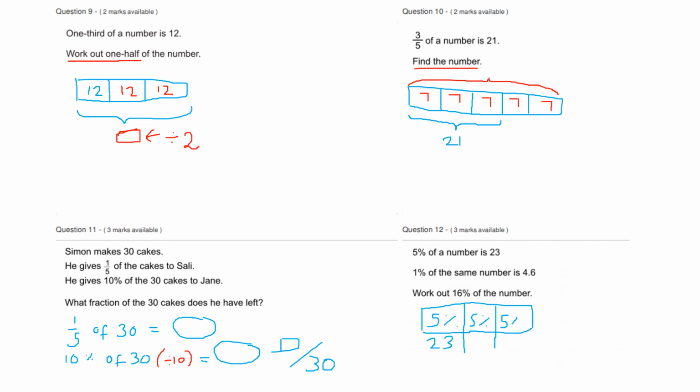Well, what if we had 3 lots of that 5%? Because I know that 3 lots of 5 is 15. So if I had 3 of them, plus the 1%, 15,